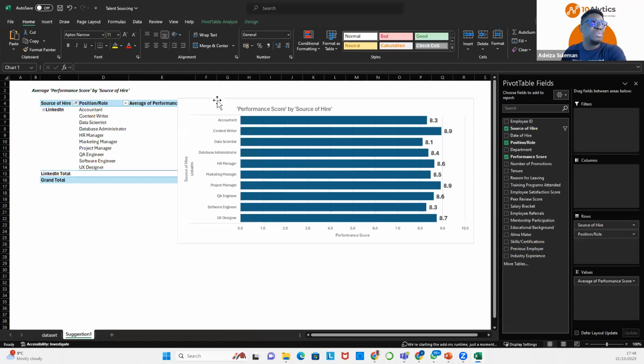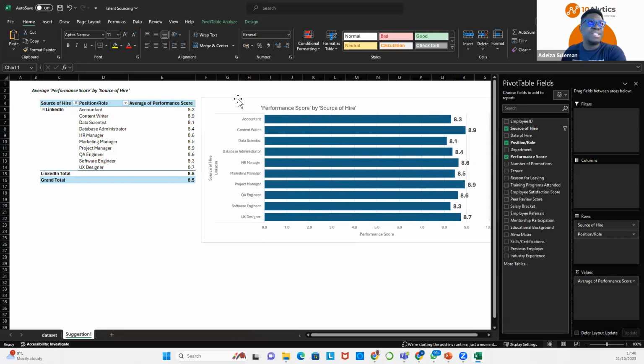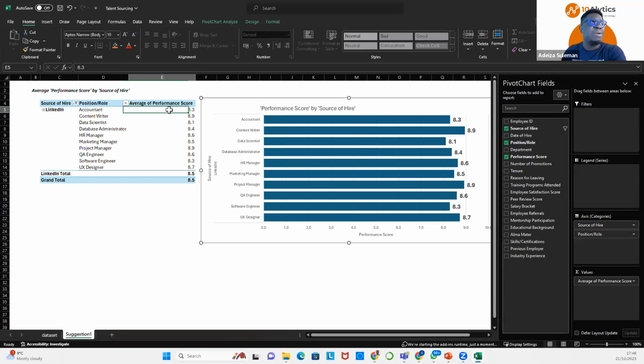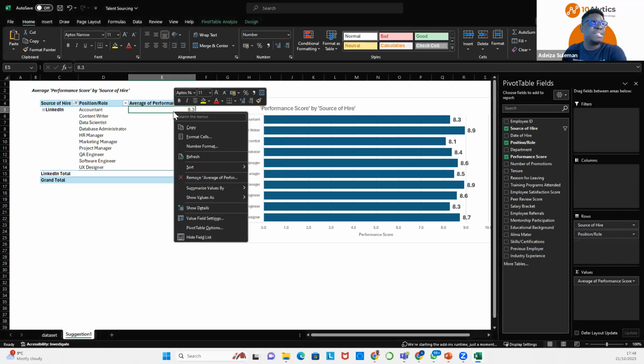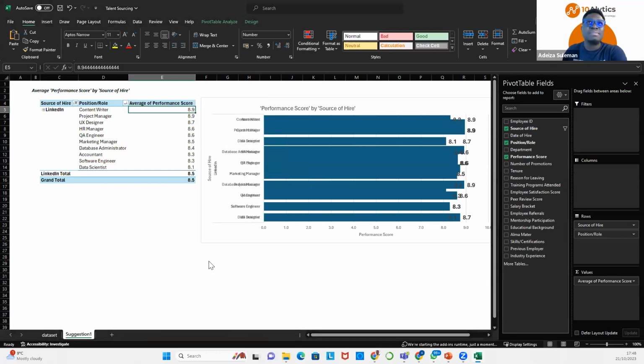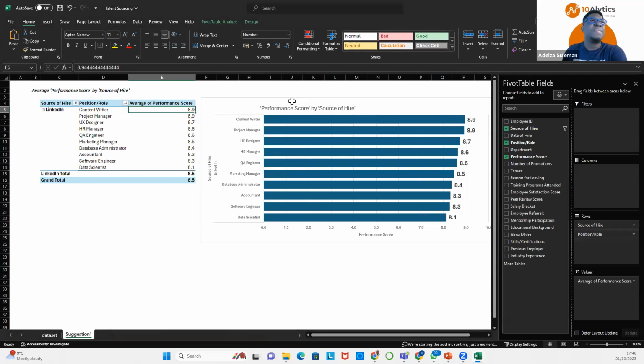So I'm going to go to, let's just move this a little bit. All right, I would go to where I have the average performance score, and I want to sort from the highest to the lowest. So start from the score that is the highest and move all the way down to the lowest. All I need to do is right-click on any of the scores. Right-click on it. You'd see your sort. You go to sort from largest to smallest. That's all you need to do. Okay. Now I've done that. Let me close this.